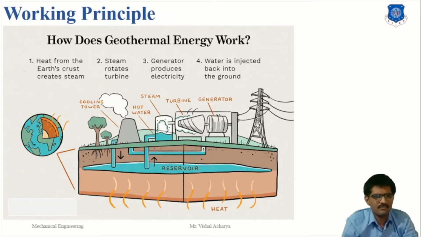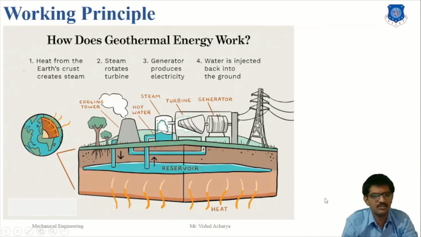Here hot magma present inside the earth heats the water present in the earth, and the temperature of the water increases. The hot high pressure water moves upward in the hot water well naturally. As the water reaches the surface of the earth, some of the hot water changes to steam and this hot water is collected in the steam separator. The steam separator is a low pressure container where most of the hot water gets converted into steam and the rest is separated out as water for the simple dry steam plant.